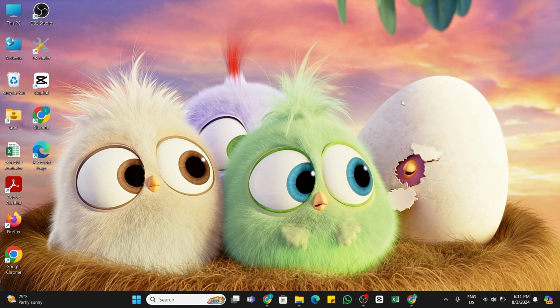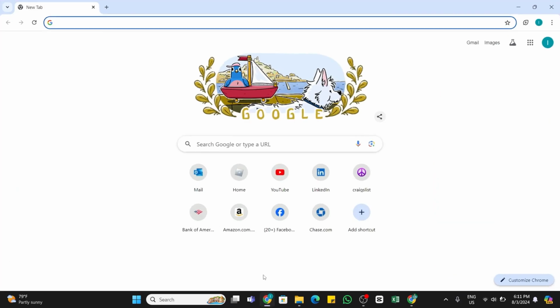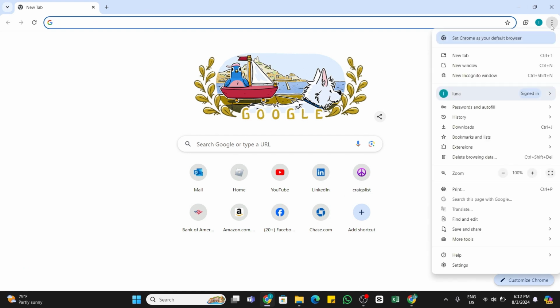In today's video, I'm going to show you how you can turn on Google Safe Browsing. To do so, first of all, you need to open your Chrome browser, and once you open the browser, here at the top right, you will find 3 vertical dots. Click on those 3 vertical dots in the upper right corner, and once you do so, at the right side,